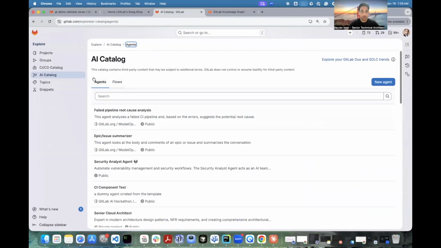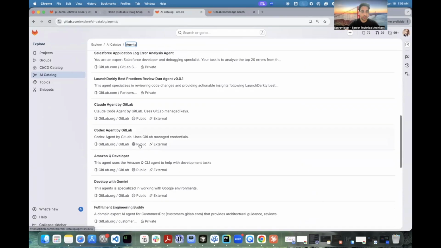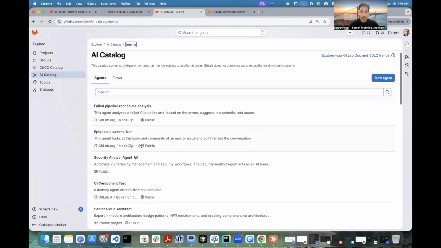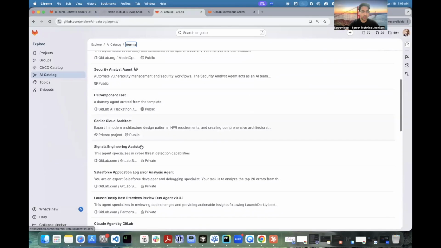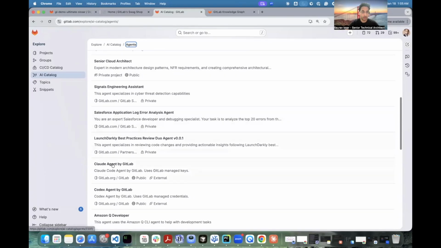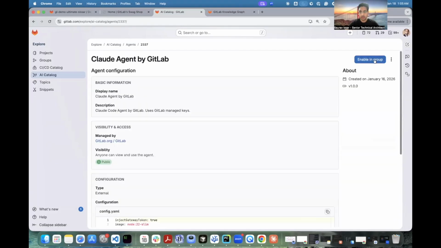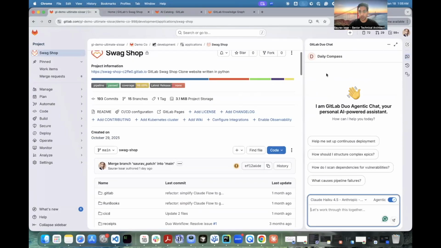But if you want to see here, this is the AI catalog that contains GitLab provided agents as well as agents that the GitLab community contributes to. So you can go through the list of all the agents available. It's very easy to enable an agent in case you find a particular agent that you want to use in your project. You can, for example, pick Cloud Agent by GitLab. So you can simply go there, enable it in your group, and then once it's enabled, it can be activated at our project level. So I already have this Daily Compass